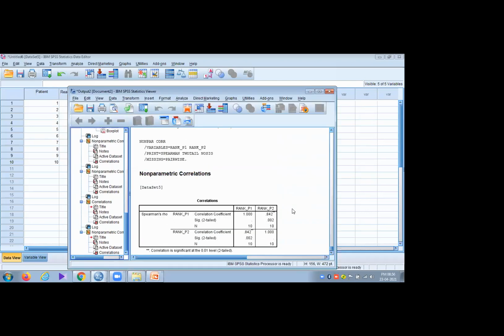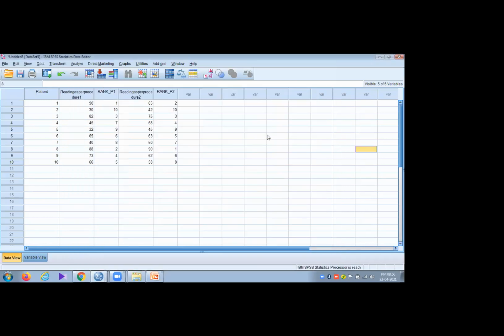So here we got a strong positive correlation, which is significant also. If we are ranking two sets of data, we should use Spearman rank correlation for the analysis of correlation. So this is all about correlation.